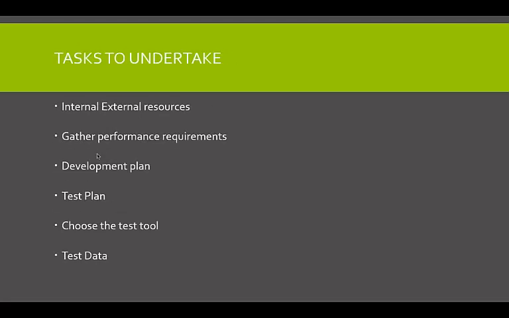So the next thing I want to talk about is tasks to undertake. Tasks to undertake is another thing that you have to understand. If you want to undertake testing, you have to undertake your tasks, right? Okay, so when we look at tasks to undertake in testing, and especially performance testing, it's the following. I wrote there internal, external resources. When I talk about internal, external resources, I talk about deciding whether